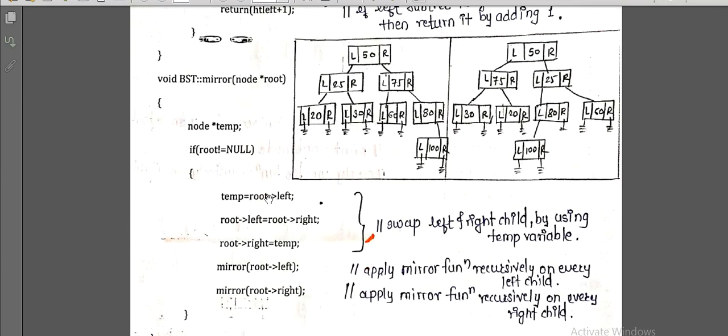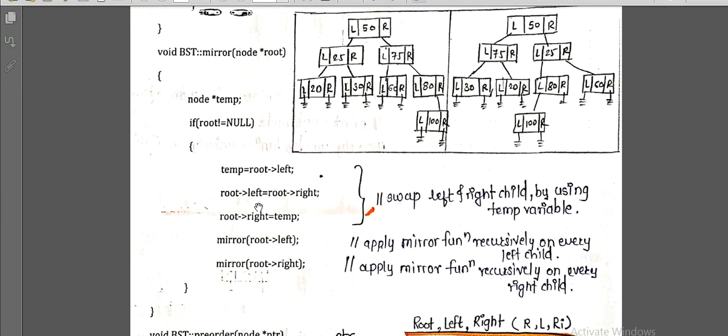Now next is mirror. So what we are going to do in the mirror exactly? In the mirror you can see here what is the scenario. This is the root node 50, root node will remain same, only we are doing the swapping of left and right child. So here the 25 becomes the right child now and 75 becomes the left child. So you can see that the 25 and 75 are swapped, then 20 and 30 are also swapped, then 60 and 80 are also swapped, and 100 is also swapped. Initially it is on the right side, now it is on the left side of the 80. So this swapping we have to do, that we can call it as a mirror.